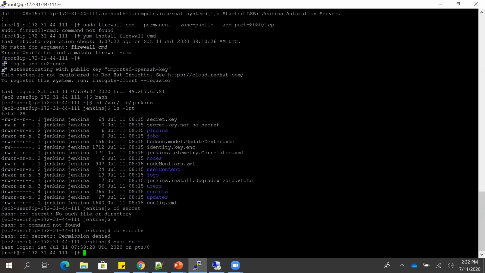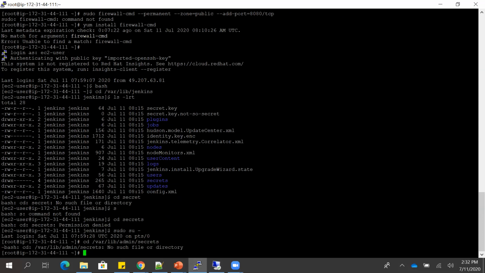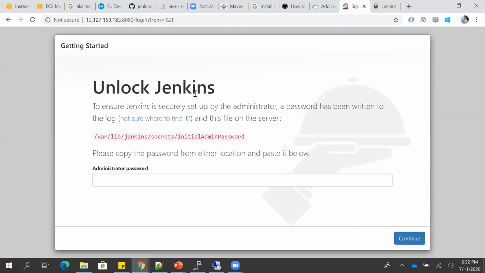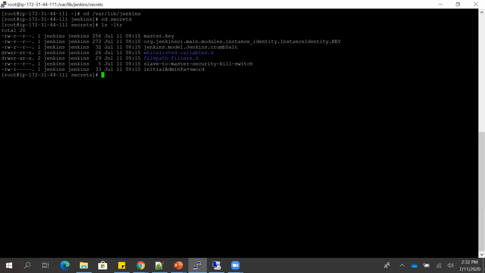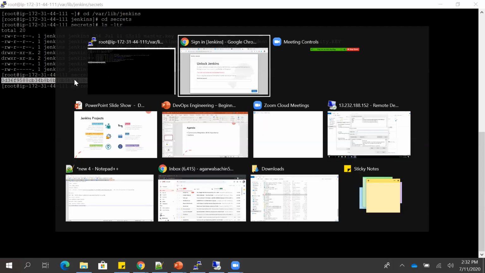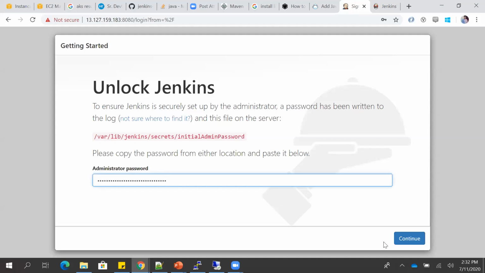So you have to be root to get to know this secret. If you're not root, you will not be able to find it. And here is the initial admin password file. If I copy this and paste this,